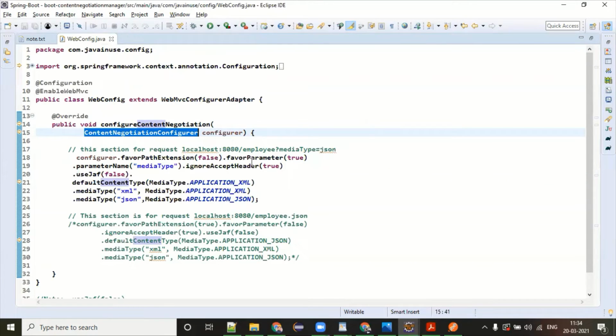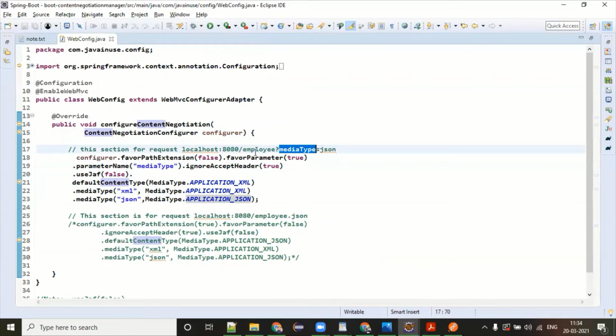First, the default: I make the default content type always XML. You can make the default JSON, whatever you want. Whenever media type XML is coming, then it is XML. Whenever media type JSON is coming, then application/json. So how this media type comes, you have to pass something like this.